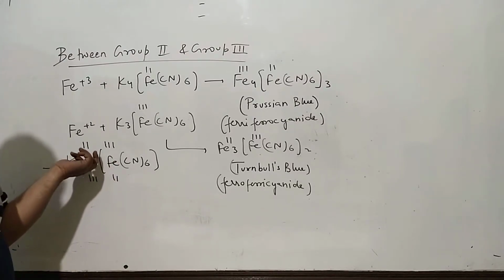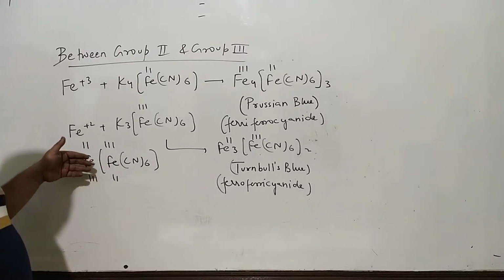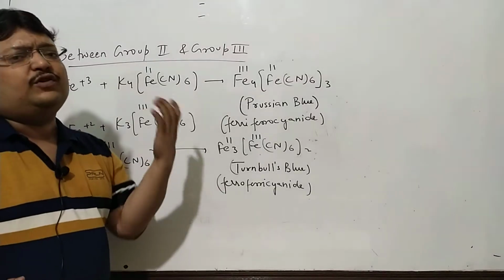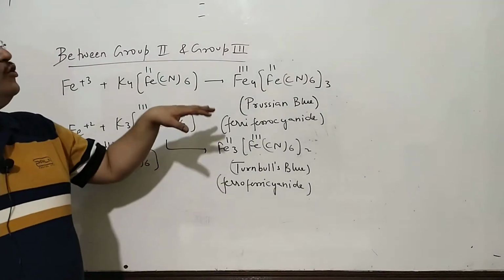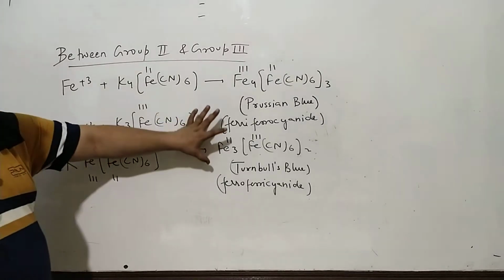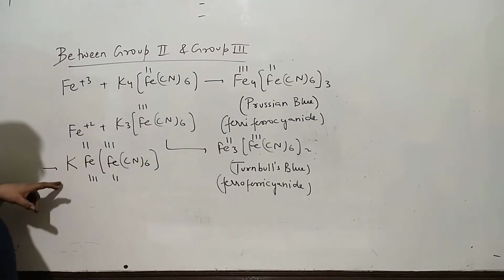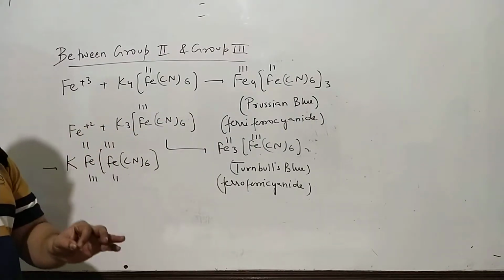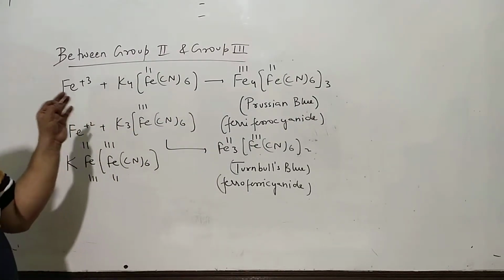Depending upon that ratio, that ionic exchange, the color would be either Prussian blue or Turnbull's blue, depending on whether in the solution, in the external medium, you have more of ferri or more of ferro. But now both of them have been given the same formula. This is for both Prussian blue as well as Turnbull's blue. This certainly is the most important confirmatory test of iron.